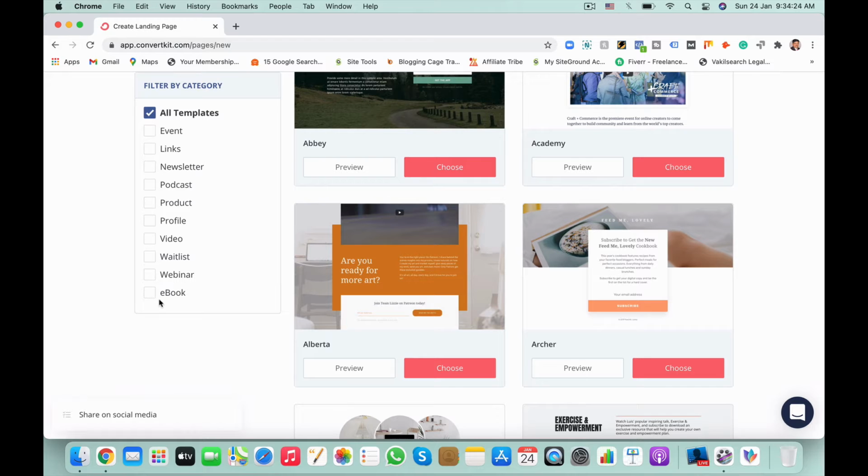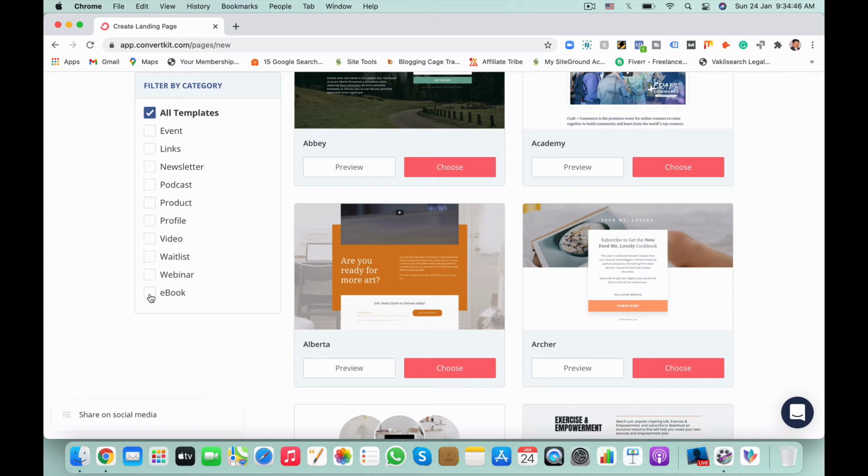We are going to give an ebook as a lead magnet, so a resource guide. In my previous video I explained how to create a lead magnet through the Attract.io tool, so please watch that video, and then you can create an ebook resource guide.